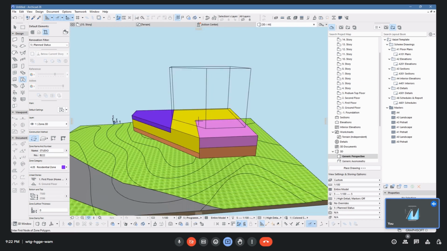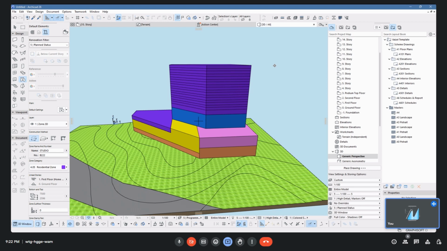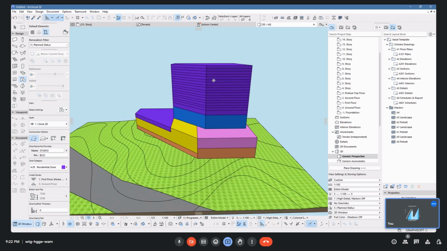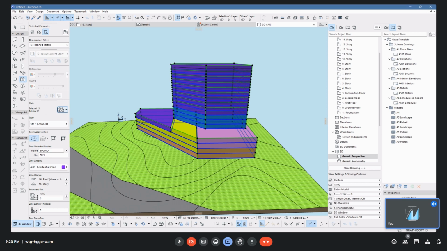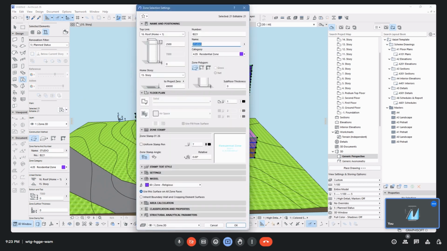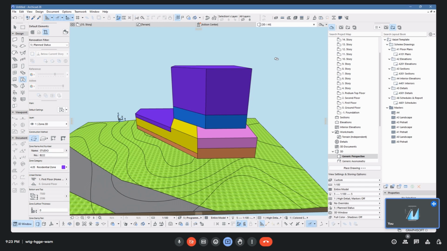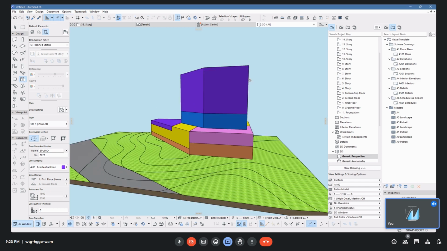So once we've done that, show it again, and now we see that these have issues because they are overlapping. So let's select all zones, remove that overlap. So I'm going to put that as 0. And then now using this as our massing model,